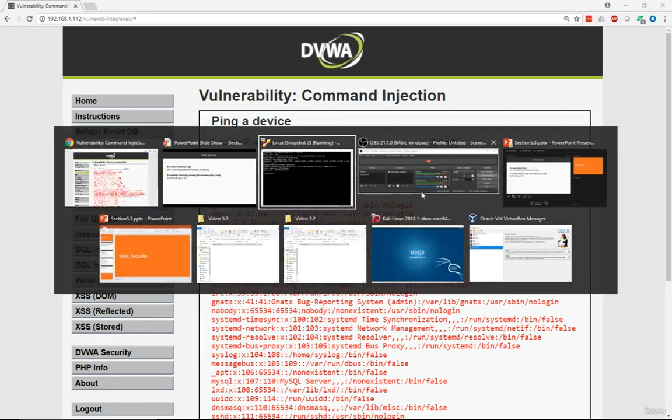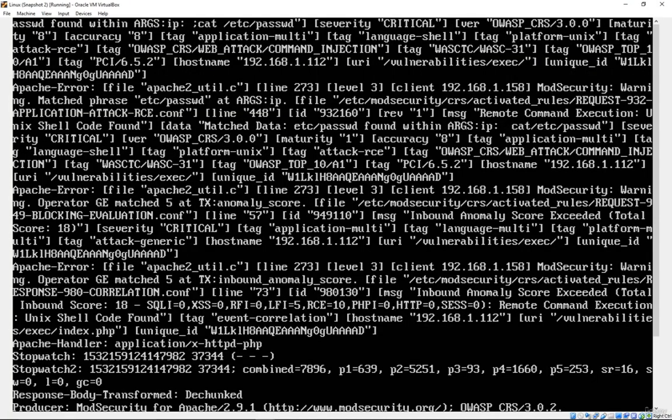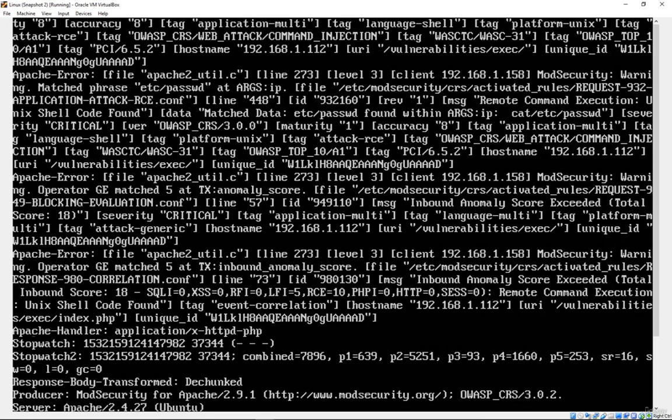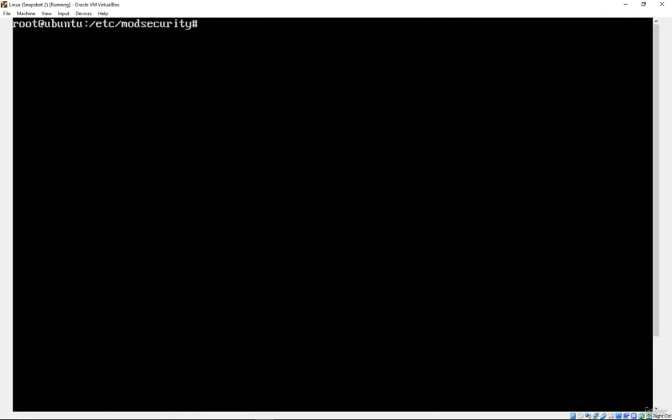But if I go back to my server, you see that there are a whole bunch of things detected in there. And the logs are telling us that some violations or some attacks have been detected by Mod Security. So this is a simple demonstration of Mod Security in detect only mode. Just because it was in detect only, it wasn't going to block anything, but it did have some visibility of the attack. So now we're going to go and